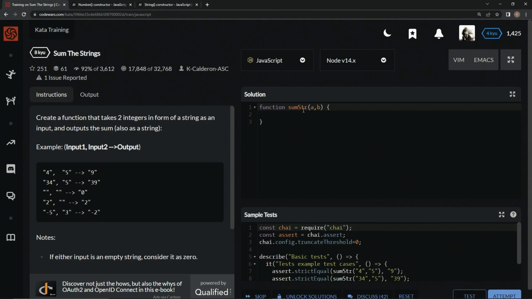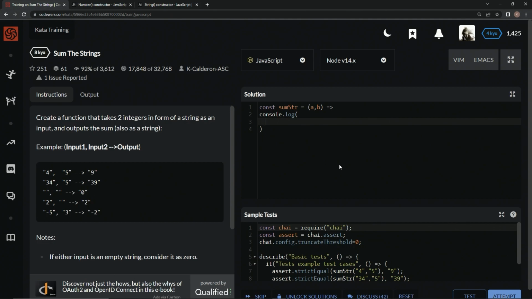All right, so basically all we got to do for this one is change each one of these into a primitive number and then add them together and then turn them back into primitive strings, right? So to do that, we could leave it in regular syntax, but I'm just going to put it in concise because I prefer it that way. So we're going to say const sumString equals this, and then do a little bit of arrow action right there. Let's say console.log, so we can test while we go,